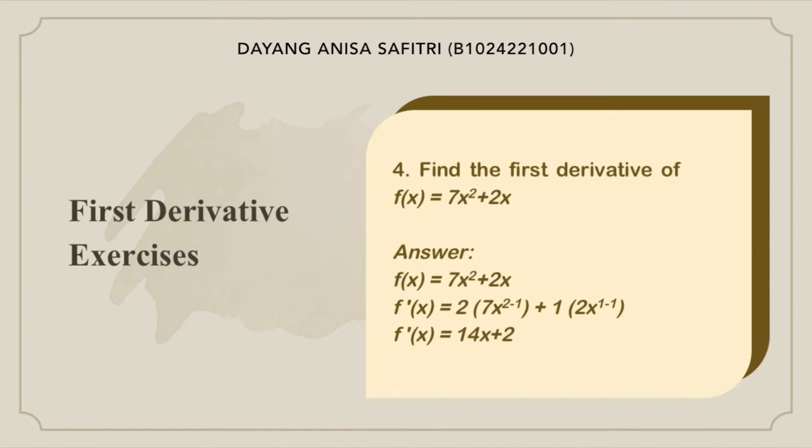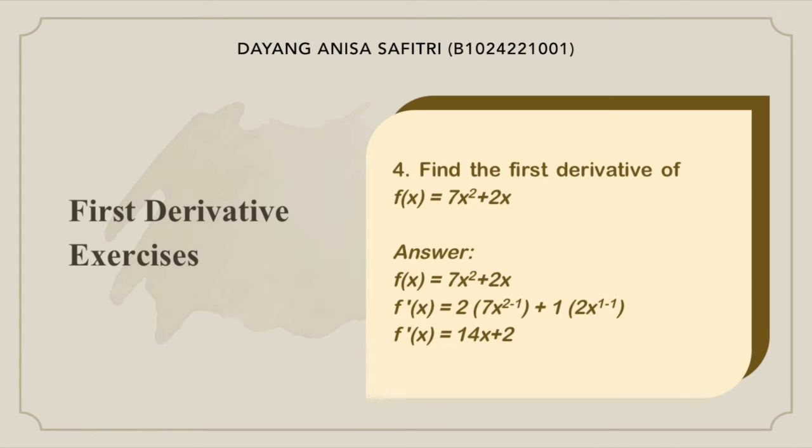Question number 4. Find the first derivative of f(x) equals 7x^2 plus 2x. For any function f(x) equals a multiplied by x^n, the first derivative f'(x) equals nax^(n-1). Therefore, taking each term of